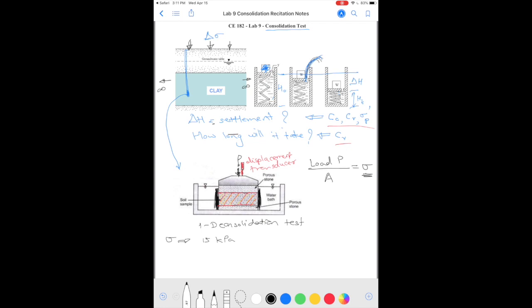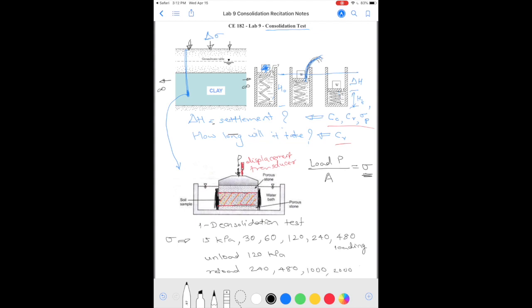So the load sequence we are going to use is 15 kPa, 30, 60, 120, 240 and 480. So this is going to be loading. Then we are going to unload to 120 kPa and then reload to 240, 480,